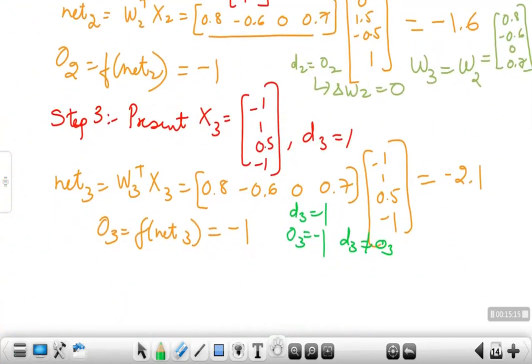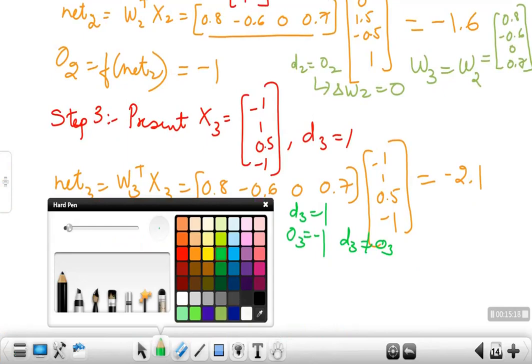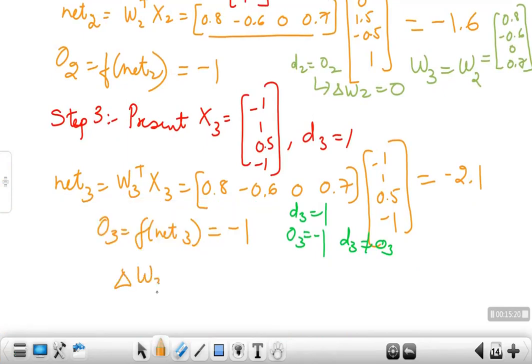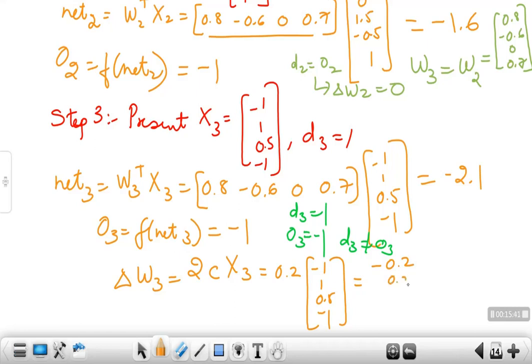So we have to use that weight update equation when D3 is equal to 1 and O3 is equal to minus 1. Let's check what happens. This one, whatever is underlined. So what is it? 2Cx. The formula is 2Cx. So the weight update, that is delta W3, will be nothing but